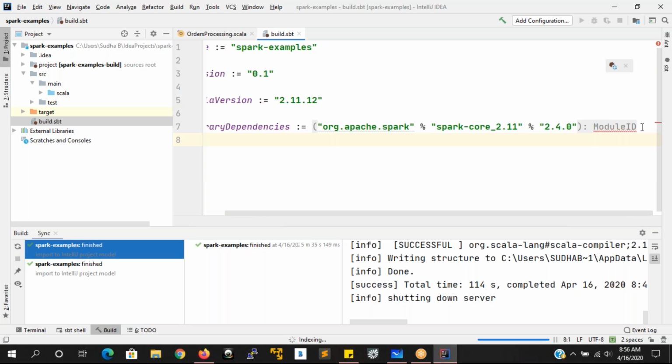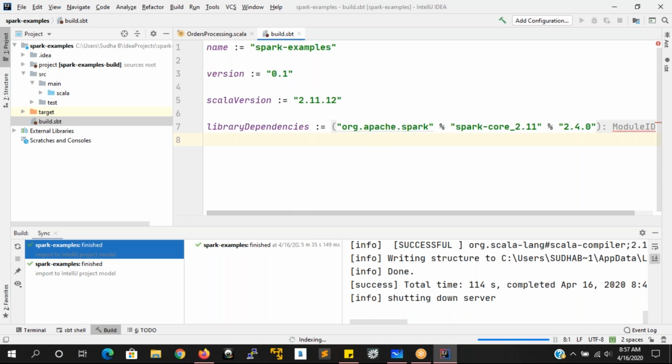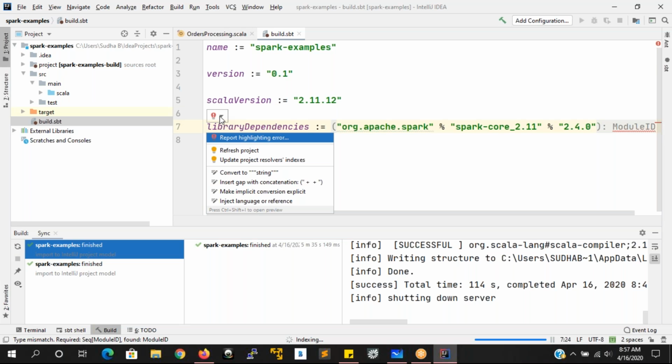So here it is picking this up automatically.